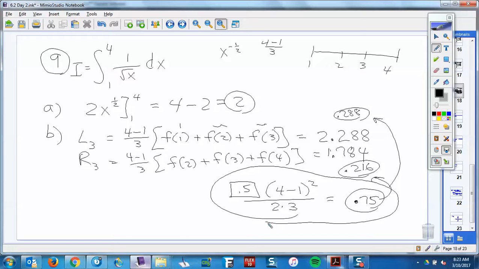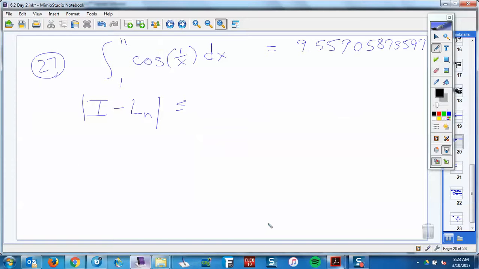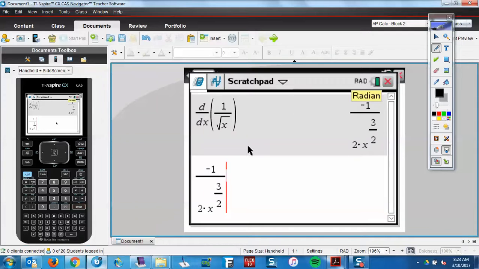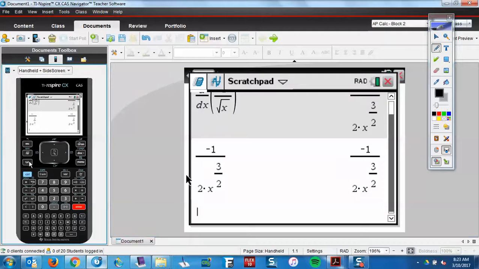All right, then you had to repeat the same thing with midpoints and trapezoids and use those formulas in K2 and all that. All right, let's take a look at number 27. I want to talk about that one a little bit, and that gets to this same idea. So if we take this function here, cosine of 1 over x, and we go back here and take the derivative of that,